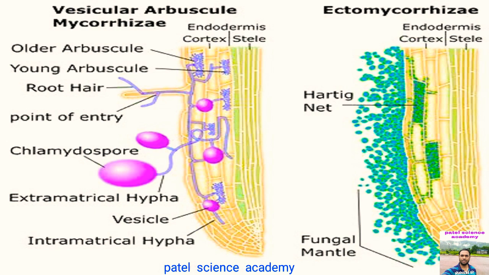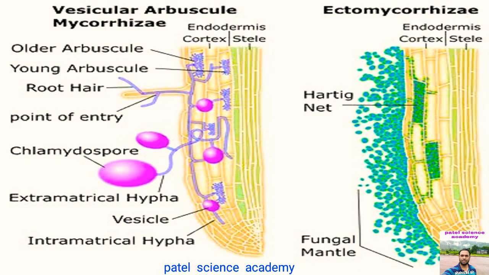So what are the benefits of the mycorrhizae? The benefits include selective absorption of potassium, phosphorus, zinc, copper, calcium, nitrogen, manganese, boron and iron. It also enhances water uptake. It induces growth by secreting hormones, and one more benefit is that it offers protection to host plants from other microbes by secreting antibiotics. So dear students, this is about the benefits of the mycorrhizae.